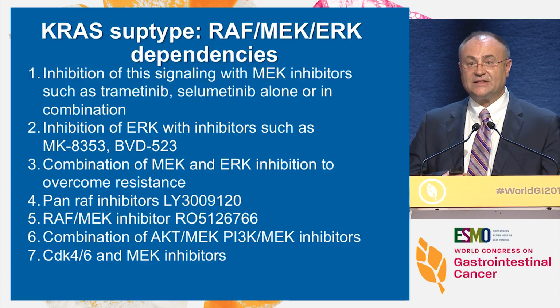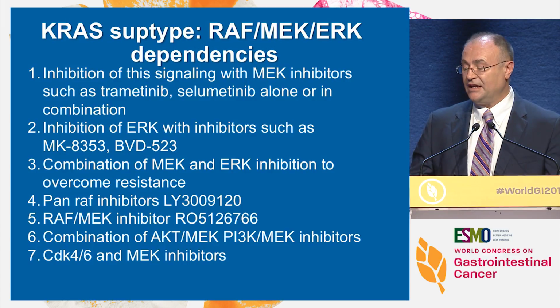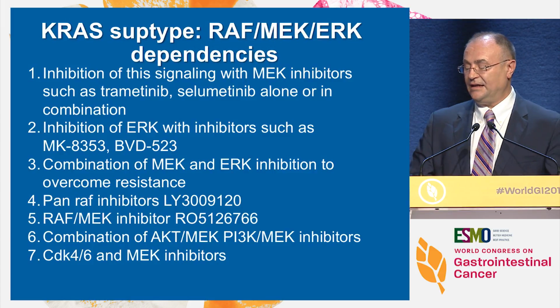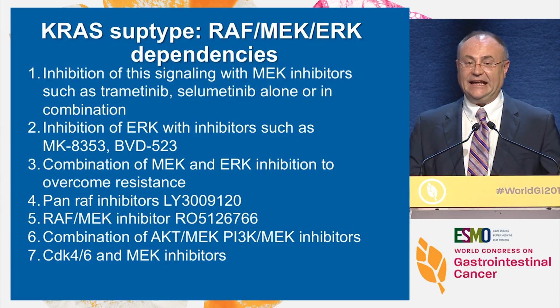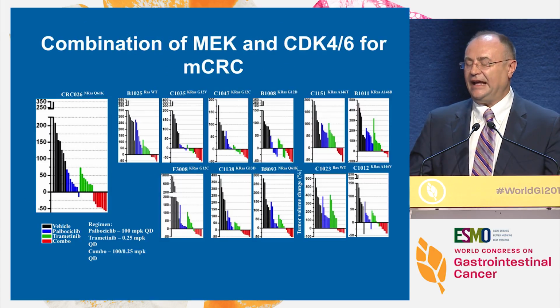There are some drugs looking at pan-RAS inhibitors, as I mentioned, the interaction with the RAS mutant, with the effector protein, and different inhibitors inhibiting RAS and MEK. Now, there are some very exciting data on CDK4 and 6 and MEK inhibitors, and I will show you that maybe this will give us a better indication.